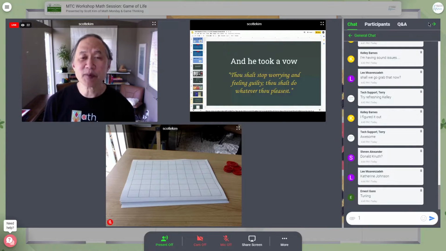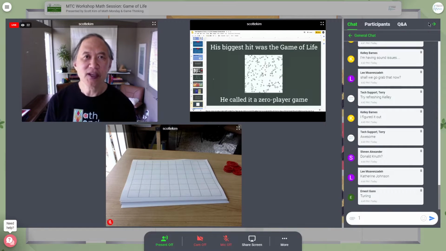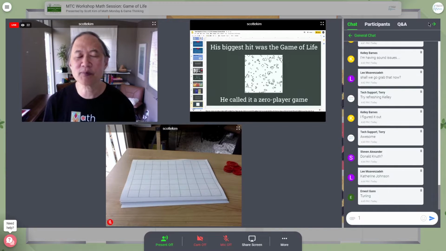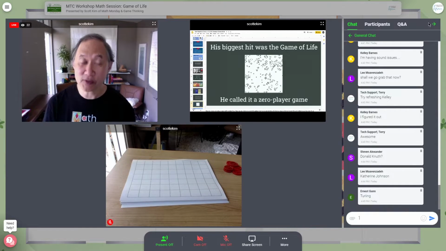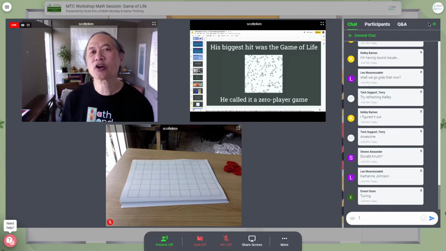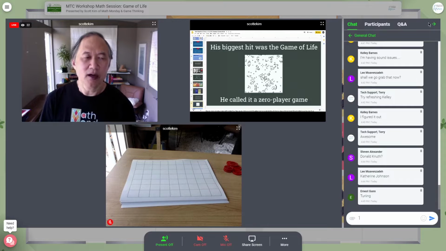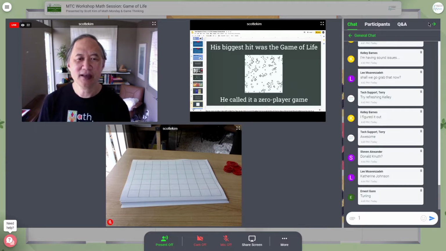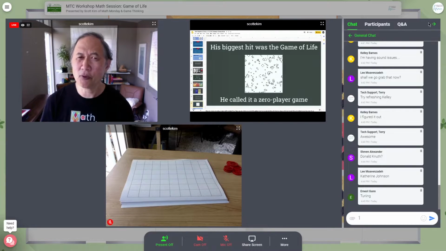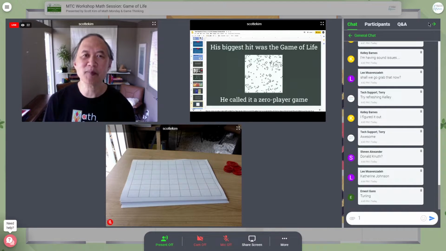His biggest hit by far was The Game of Life. It was around for a while, but it became really public when an article was written about it in Scientific American, in Martin Gardner's Mathematical Games column. That quickly became the most popular article that had ever been published in the magazine, and Gardner did something like 4 or 5 follow-ups. He called it a zero-player game,